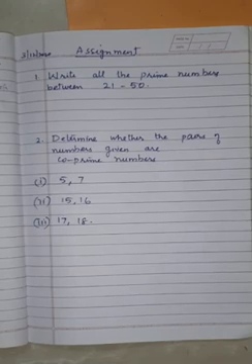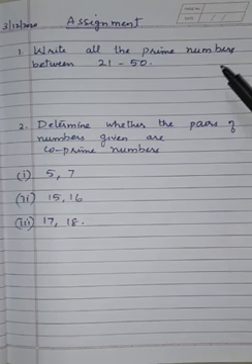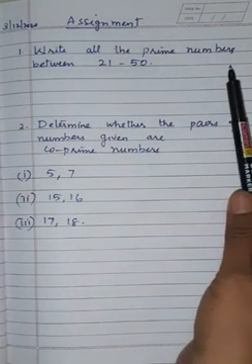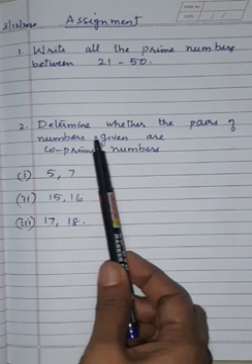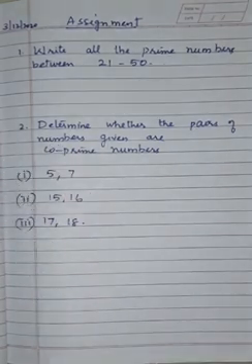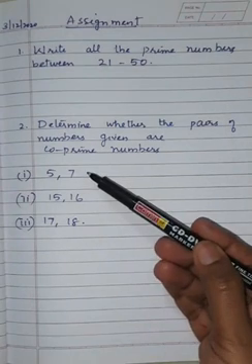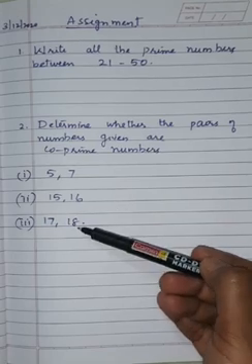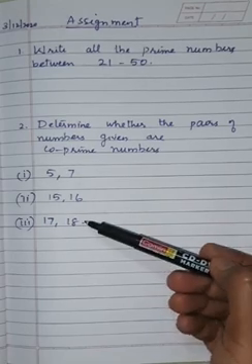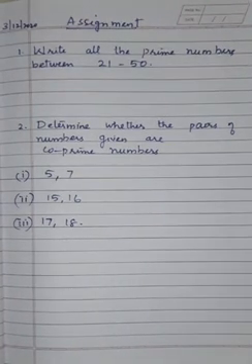Now, students, here is the assignment. Question number 1 is based on problem set 34: you have to write all the prime numbers between 21 and 50. Then question number 2 is based on problem set 35. In problem set 35, I have solved sub questions 1, 2, 3, 4 and 7. This is the 5th sub question, this is the 6th, and this is the 8th. These three are based on problem set 35, so you are going to do them on your own based on your understanding. Is that clear?